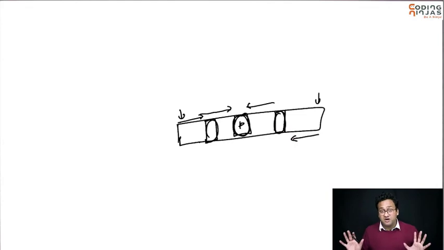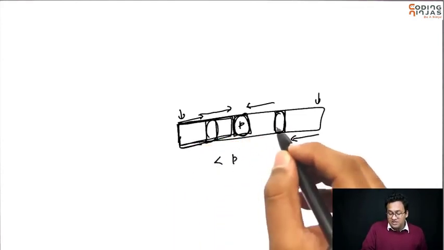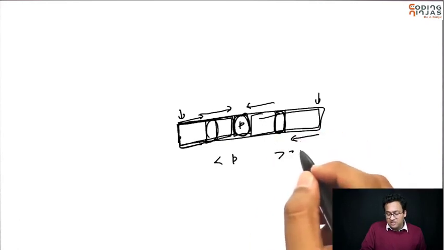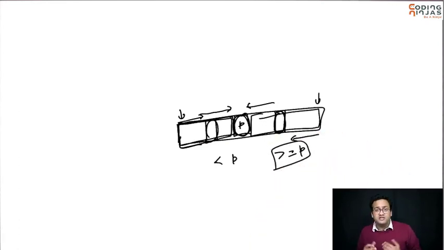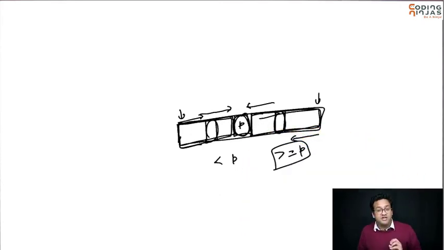What was the requirement? Everything on the left has to be less than P. Everything on the right has to be greater than or equal to P. Not less than P, but greater than or equal to P, if you want to take care of equal cases as well, okay? And if you are able to implement this, implementing quicksort is extremely easy, okay? So that's what you need to implement.